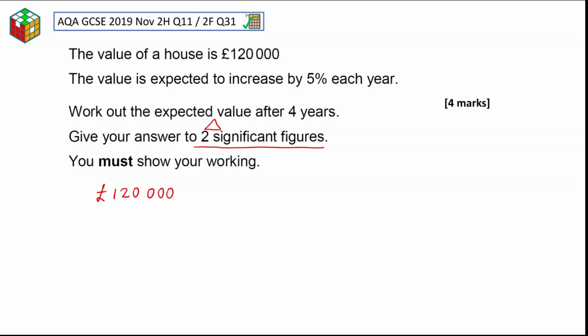Start from the amount that the house value is initially. And I know that if I increase by 5%, I will have 105%. That means as a decimal, it's 1.05. So times 1.05. The 4 years means that I'm going to times this 1.05 by 4. So that's why I will have to write it to the power 4. In your calculator, 1.05 to the power 4, it will give me